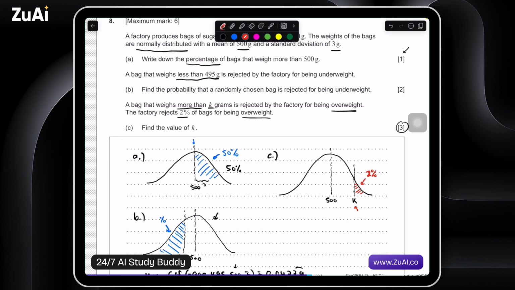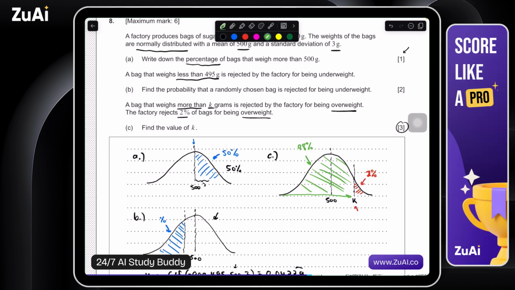And what makes this a challenging 3-mark question is the idea that, remember, our calculator sweeps out from left to right. So if this is 2%, then we know that everything to the left is going to be 98%. So when asking the calculator what areas should we sweep through, it's not 2%. If we chose 2%, it would actually just be this area right here, which would give you a very small number, or one that definitely wouldn't be overweight, not greater than the mean. So we're asking the calculator to sweep through 98%.